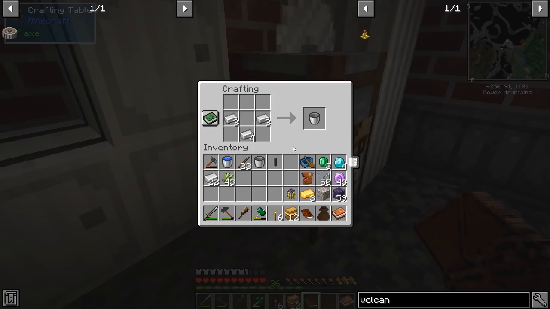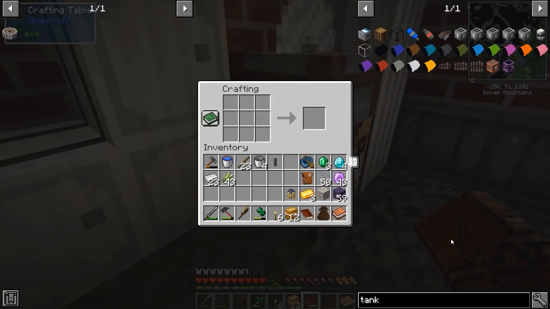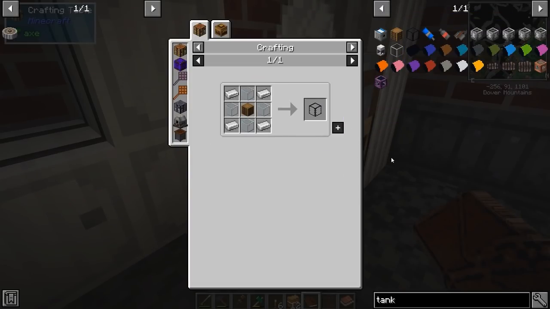I should really check to see if we have a tank or something real quick as well. We always seem to need more. So we got the cyclic fluid tank, which I would suggest, but we also need a cask. Which, okay, I am so sick of these stupid...